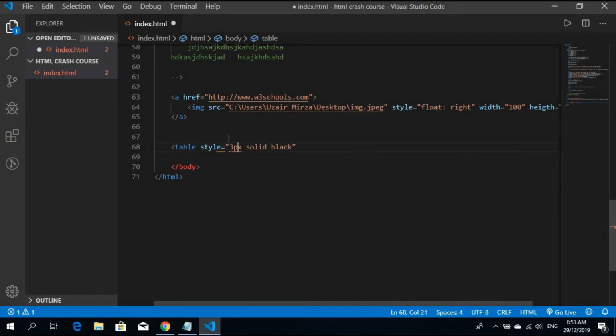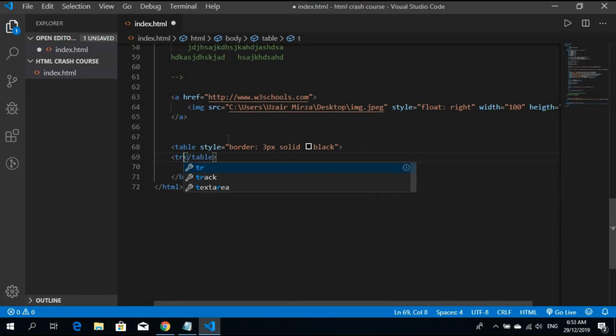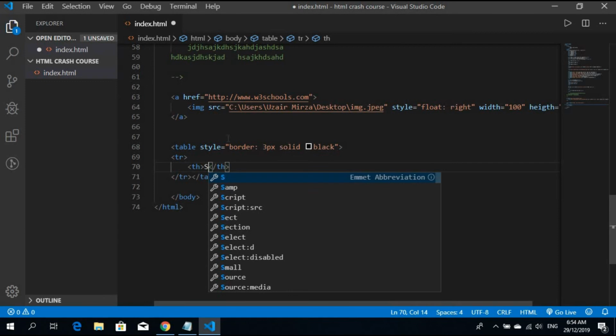Sorry. Border column. Now it's good. So close, and in the table there is a row of heading. Table row, TR stands for table row. So table row, the first heading is, the tag of the first heading is TH, which stands for table heading. So first heading is, let's say,